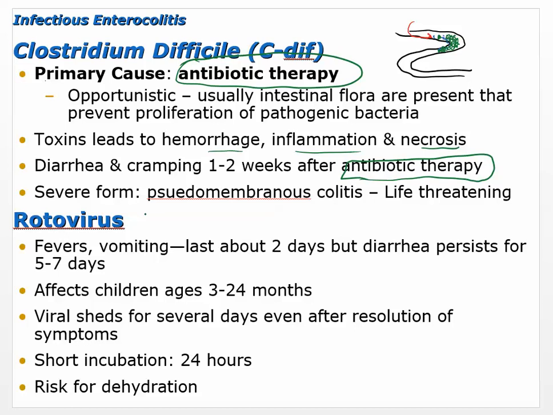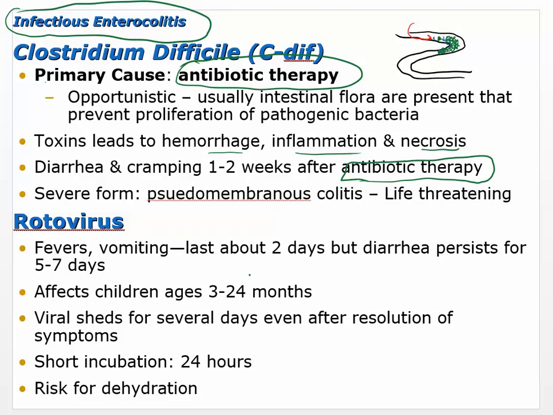Rotavirus. Rotavirus is another one of these things. Remember, we're still in the category of infectious enterocolitis. So rotavirus, fevers, vomiting, last about 2 days, but diarrhea persists for 5 to 7 days. So this is something that's common in small children. My son had it. And it's just as advertised. Fever, vomiting,